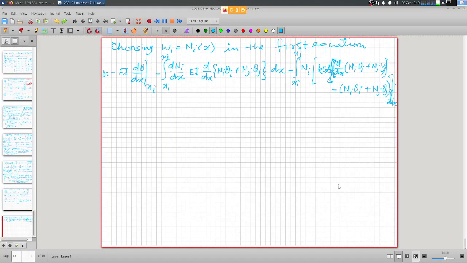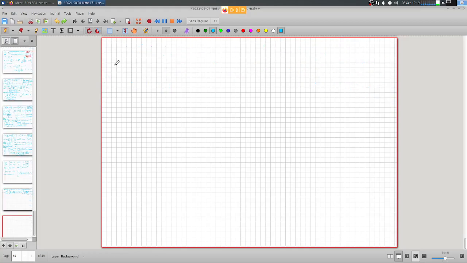Fine, so let's start doing it. So what is Ni? Let us first write down. We know that we need to have a linear interpolation for both displacements and section rotations, and that can be derived as linear interpolation